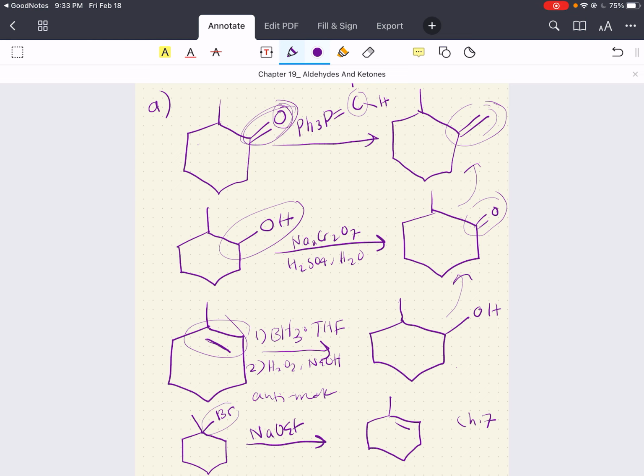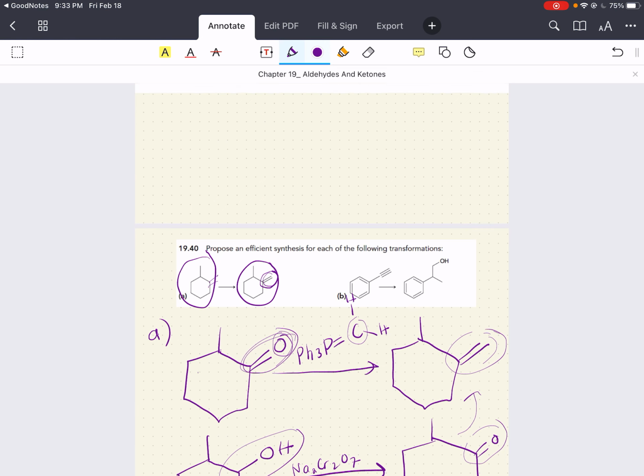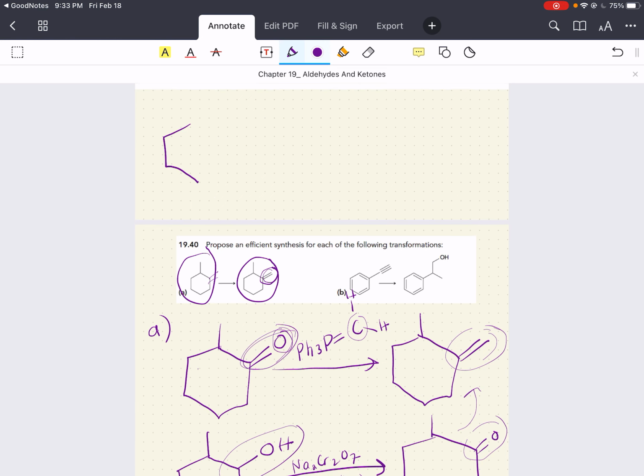But then this brings up the issue again. How are we going to get a bromine to our starting material? Well, we also covered this, guys. We can add a bromine there. Easy peasy. NBS and light. This is going to add a bromine group there. So we kind of just worked through this